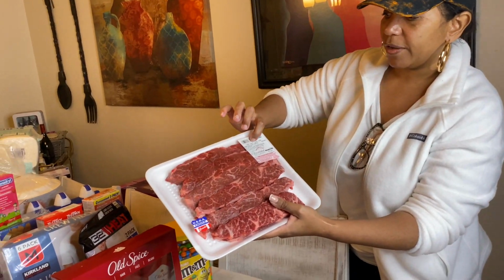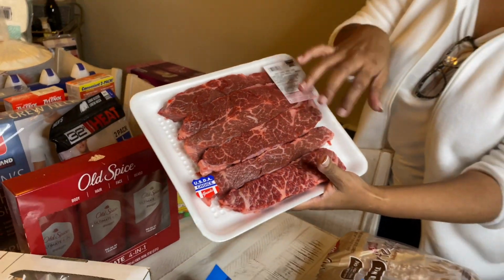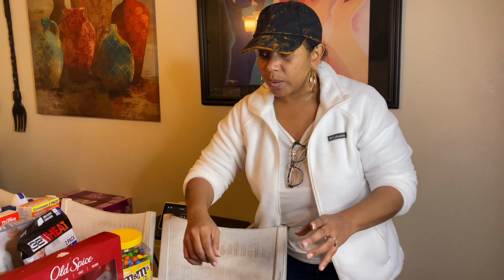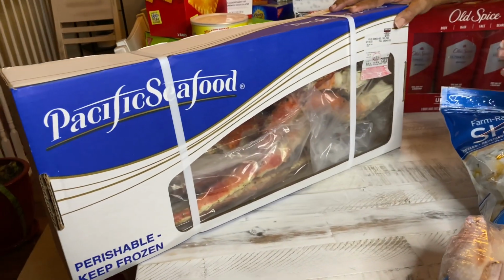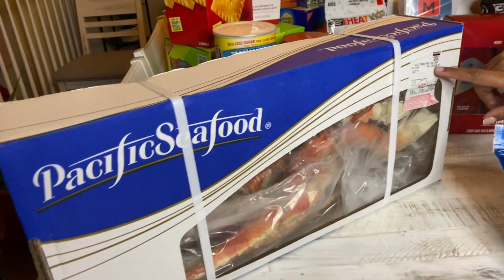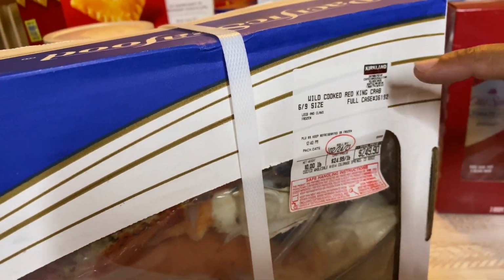So I got some beef chuck short ribs. And I'd like to do a video, instead of barbecuing these, where we do something else. Okay, so anyway, of course, for gumbo, because we're doing rich man's gumbo this time, we got to have this wild cooked red king crab here. And what I like about those is that,